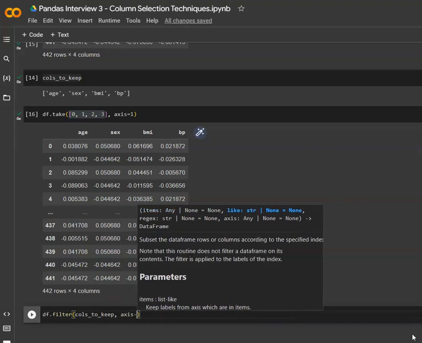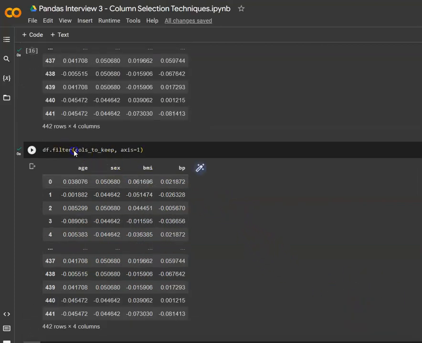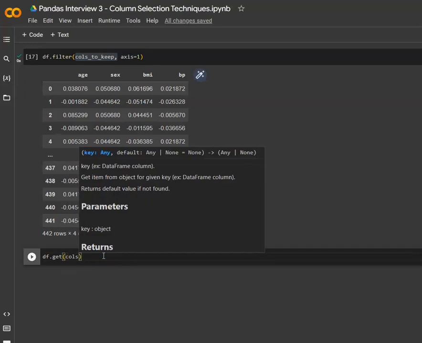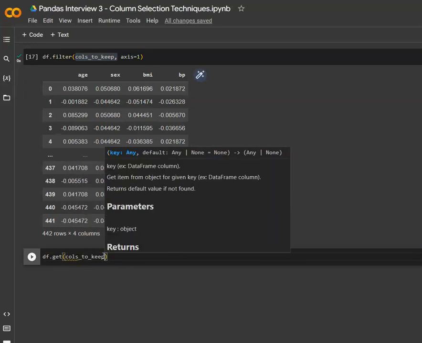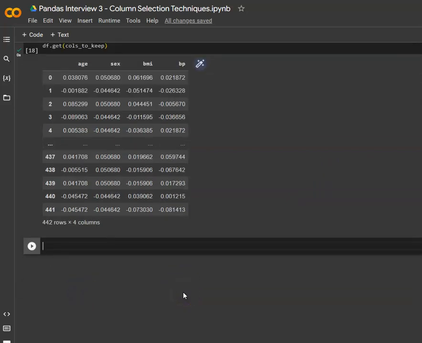The same thing can be achieved with filter, but this time the cols to keep variable, or the names of the columns, can actually be sent. And it's a much easier way for myself, using column names rather than going through the indexes of columns. df.get is similar to df.filter. The only difference is that for df.filter you will need the axis variable set to 1, but for df.get you don't have to set any axis variable